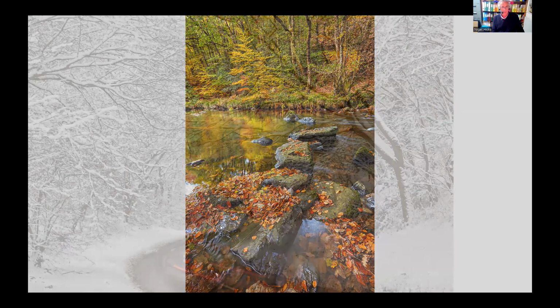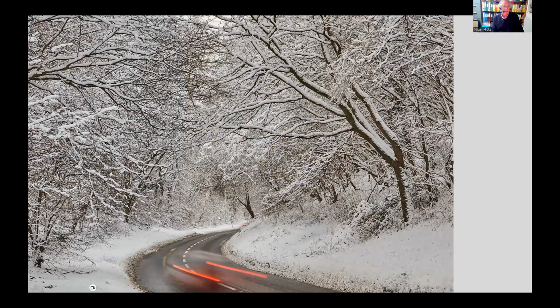Next shot: very dim light on a very snowy day in Somerset, under a canopy of snow-covered trees. This is actually not such a slow exposure, as you can probably guess from that moving car. It's 0.8 of a second at f22, so the light level is not too bad, but I've deliberately used a very narrow lens aperture,